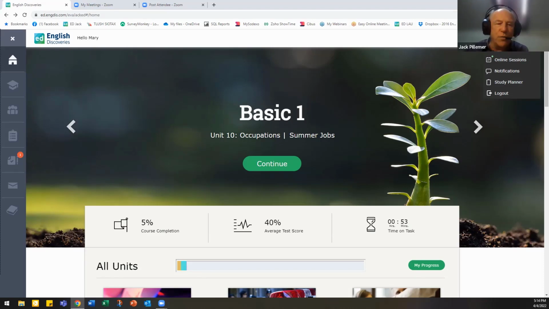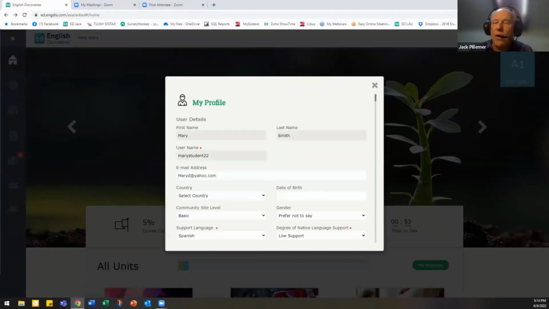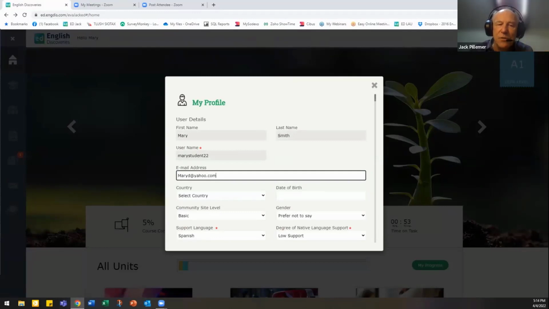Okay, so I'm going to go first to my profile. My profile seems like nothing, but it's quite important for the student. Why do I say that? It needs to be updated, especially with regard to their email. That means that if their email is up to date and they lose their password, they can get it back. It also means that if you send information on the platform to their email on the platform, the ED email,